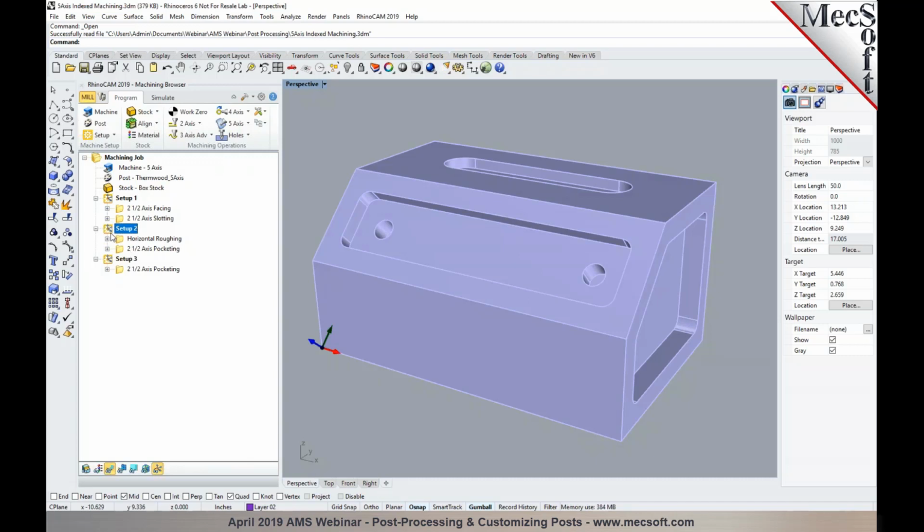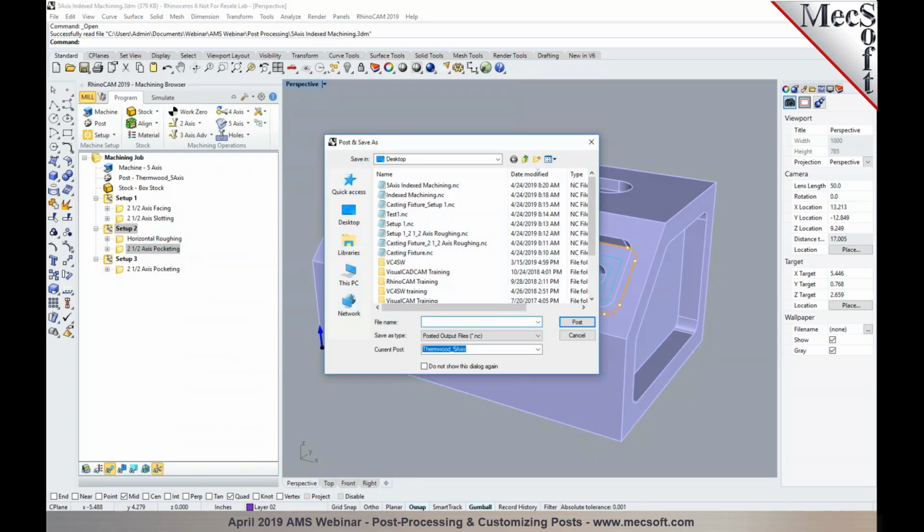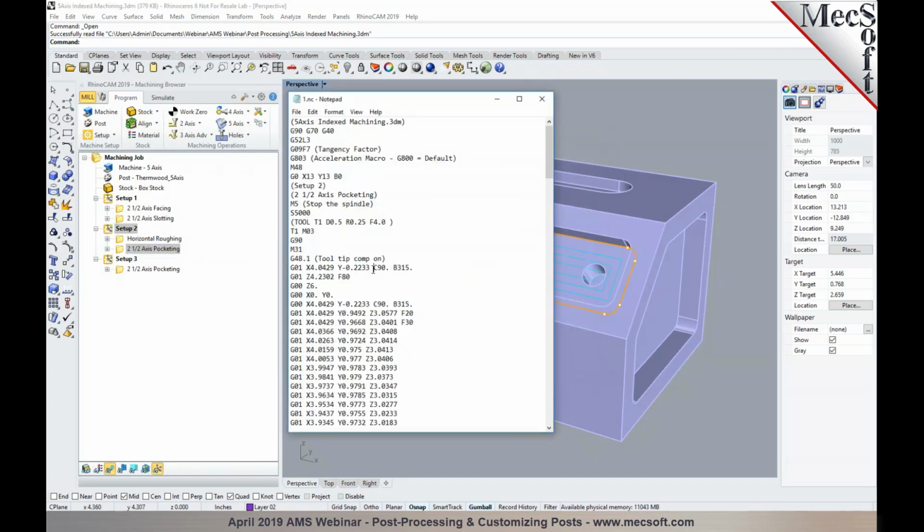So for example, if I want to post just a pocketing operation on this rotated orientation, I would highlight the setup and that specific operation in here, right click and post. So selecting the setup will output the orientation for the indexed orientation to rotate the head or rotate the table depending on how your 5-axis machine is defined, and it'll include the rotation of the primary and the secondary axis